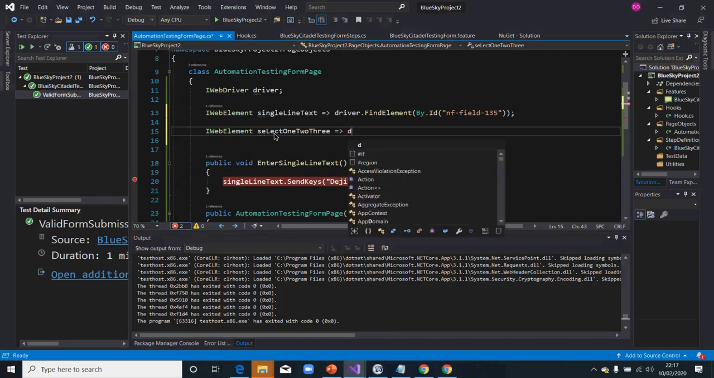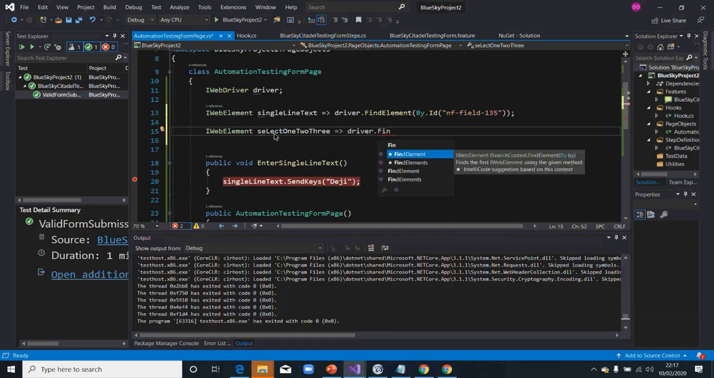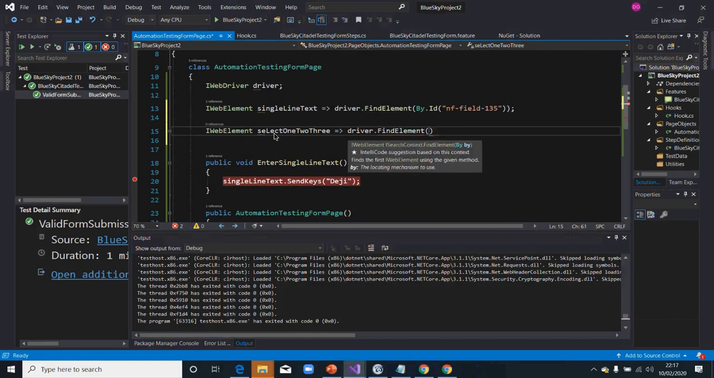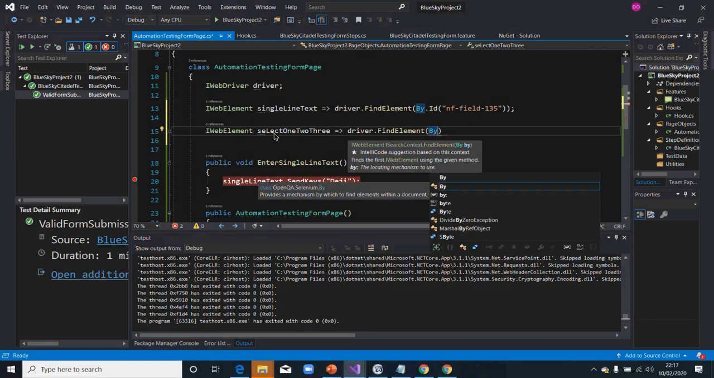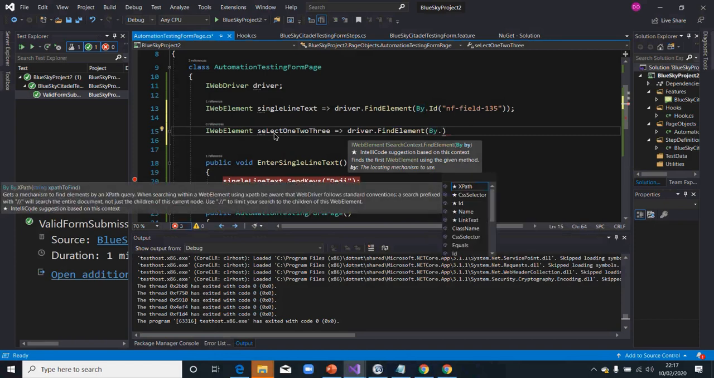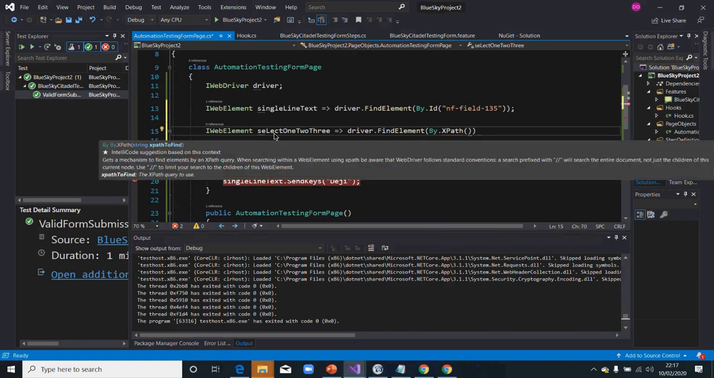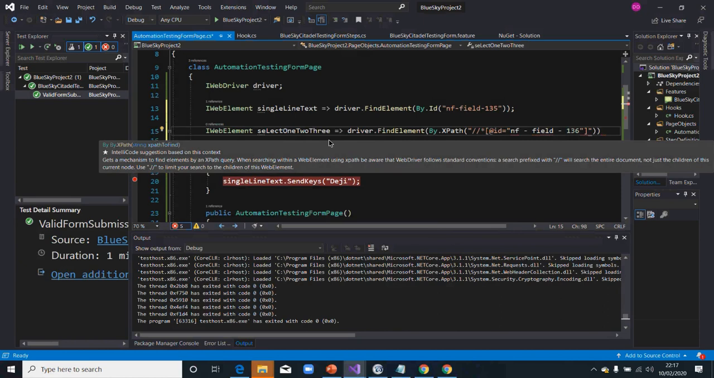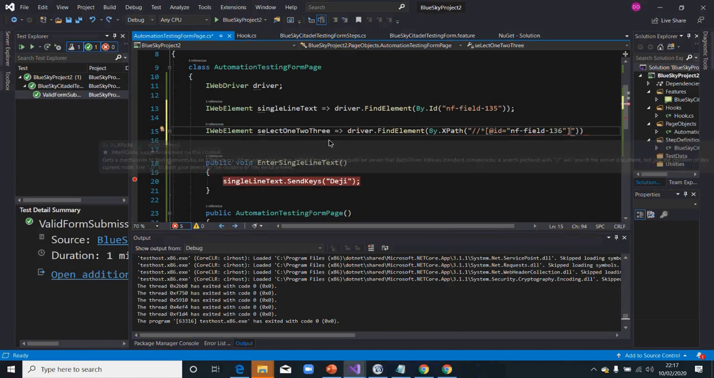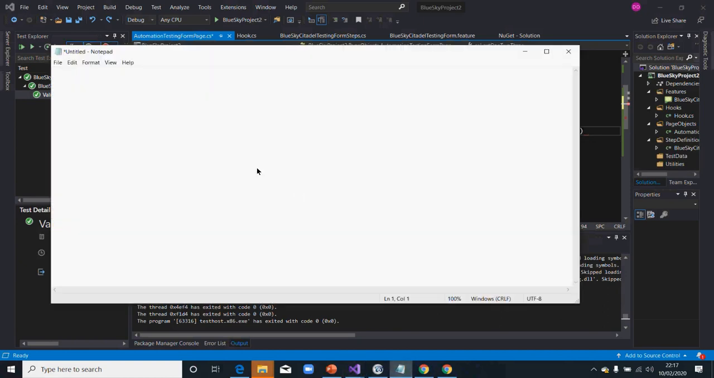Then it's going to be driver dot find element. Don't make the same mistake I did before by selecting find elements with an S. It's not going to be good. We're going to use the XPath. So open close and paste. You need to be careful here, it's very, very important. Once I copy that one and paste it here,